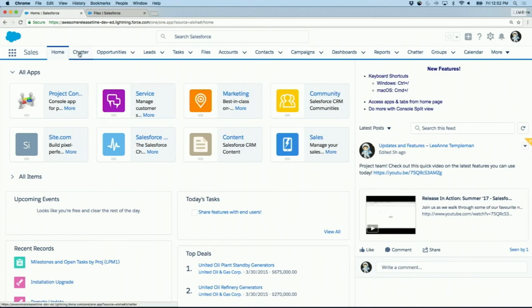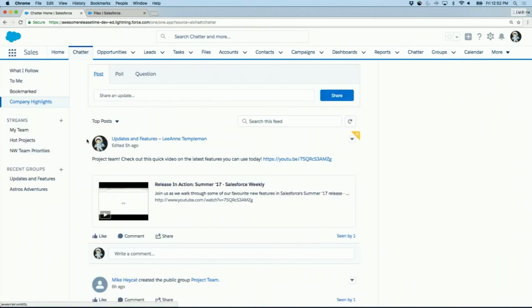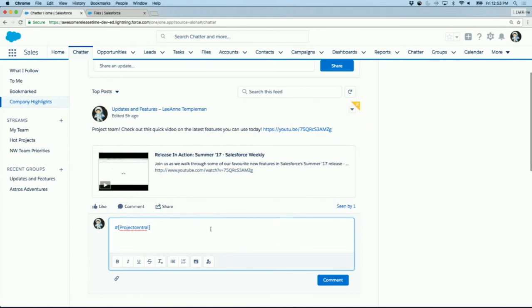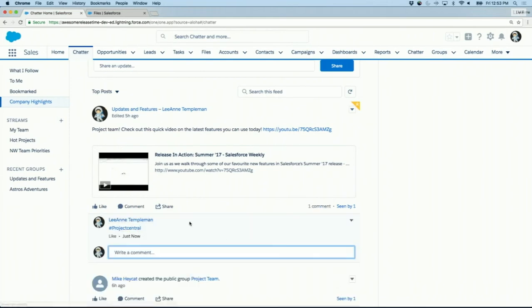And we also have end user changes in Chatter. So I love Chatter topics. As soon as we started using Chatter topics in Classic at Salesforce, it's something that we use a lot. I like to follow topics. And so I have been eagerly waiting for Chatter topics to be available in Lightning, and now they are. So now when you are in Lightning in Summer, those Chatter topics that you know and love from Classic are available. So I can go ahead and add my topic here, Project Central,